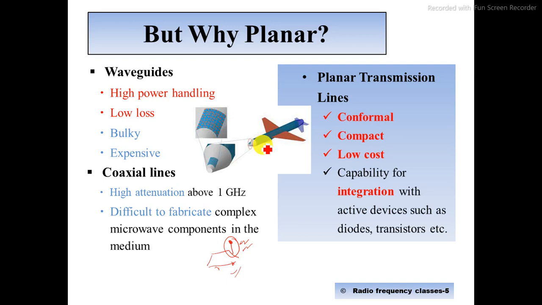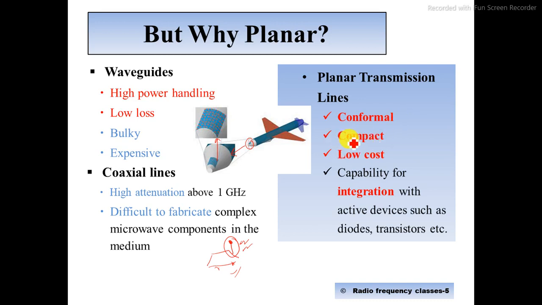If I am more precise, you can see this is the point and the zoom view, and here you can see this is the plane where we have the planar structures, like a diode or chip capacitors and other elements, whatever we are designing, like an antenna. All those have conformal nature, so we can easily paste them on a surface. That is the biggest advantage.